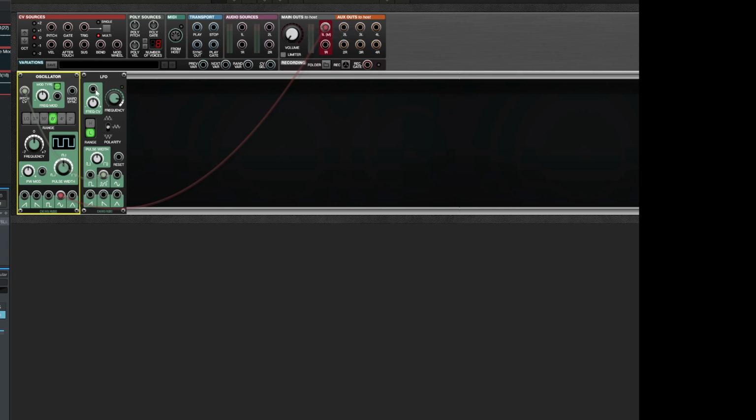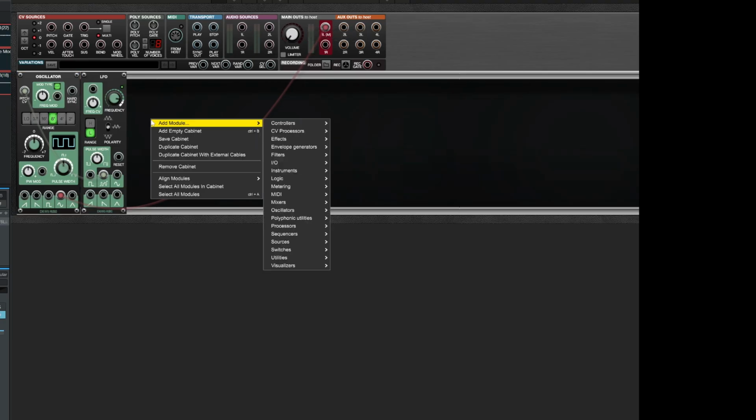Okay, so this on its own is not what I would call generative music. It's a sound, it's a noise, but it's not, in my opinion, music. So what we want to do is make this a bit less random